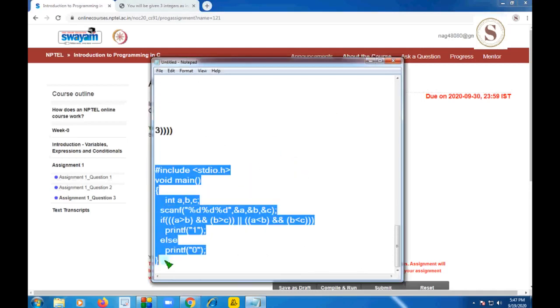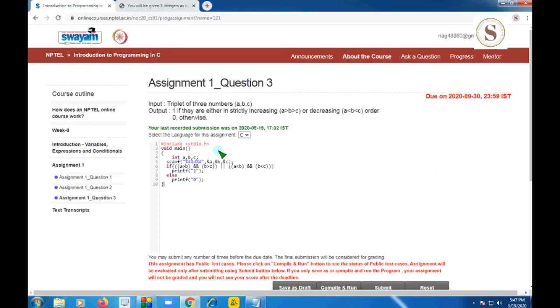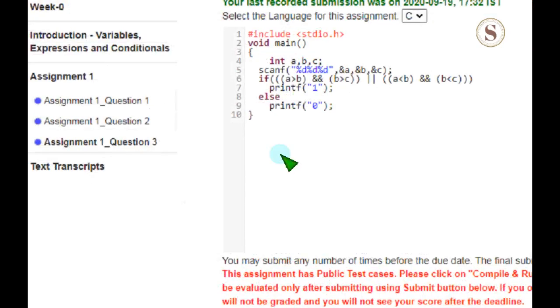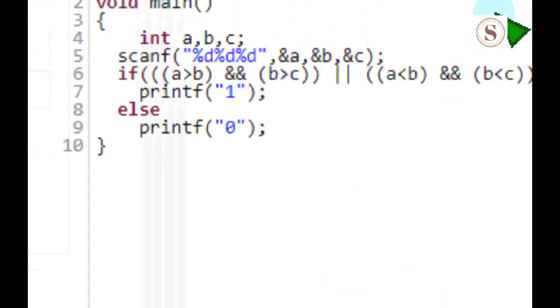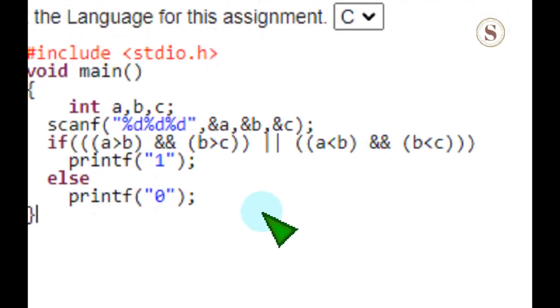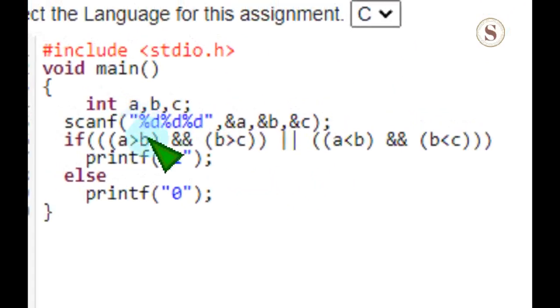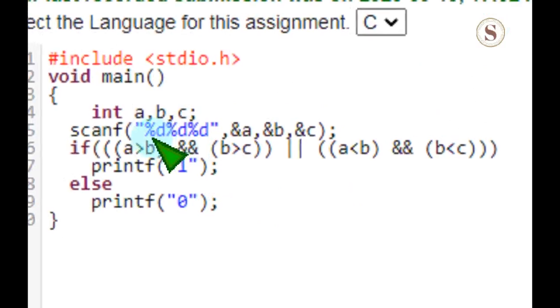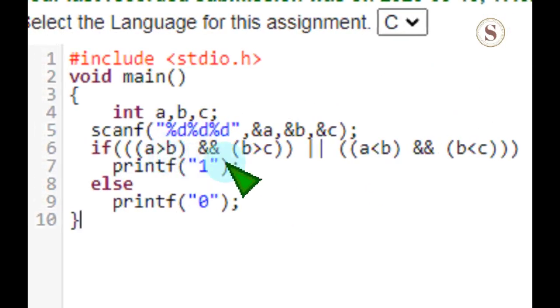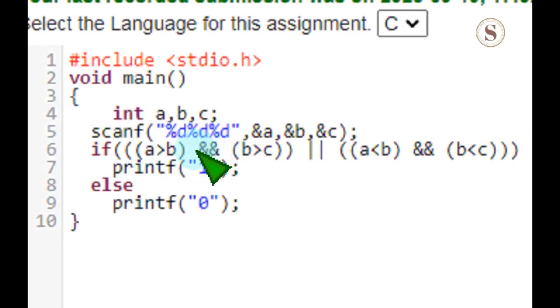Let's take a glance at this program. I am reading 3 integers, and see here the condition: a greater than b, the ampersand symbols represent the AND operator, and b greater than c, that means a greater than b greater than c.